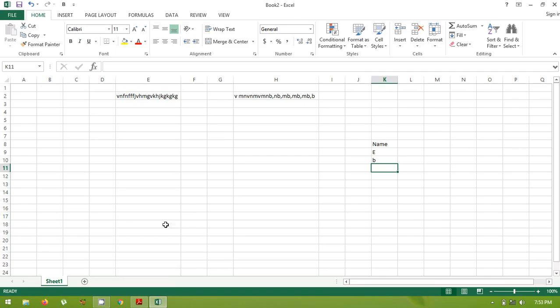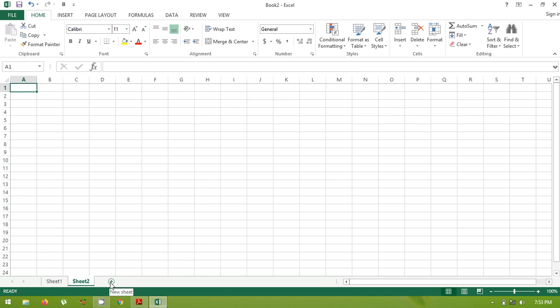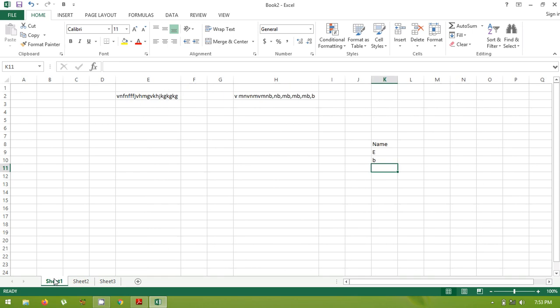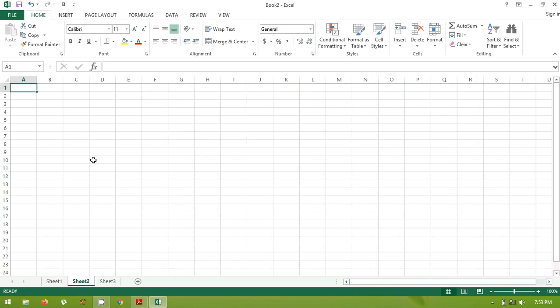One more thing I want to tell you. Here in this workbook I have only one sheet. If I want more sheets, you can click onto this plus button like this. Now I have two sheets. So in the one workbook, Book 2, I have different sheets. In Sheet 1 and Sheet 2 you can enter some other data. In Sheet 3 also you can enter some more data.